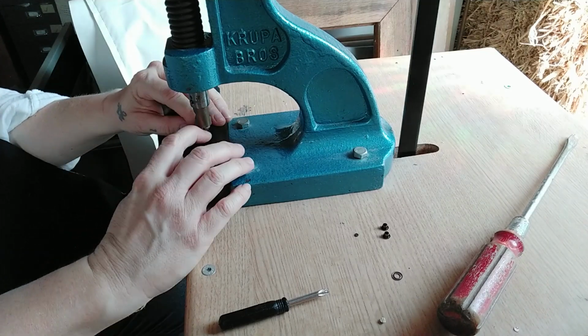Eyelets are their own whole skill and could potentially take longer than the rest of this project put together. There are many ways to do this, and they all have their merits. I've made a video about some of the options. Have a watch of that. In the end, for me, a foot-powered eyelet press wins hands down. Hands free? You can do whatever you have the supplies and equipment for, but first you will need to mark